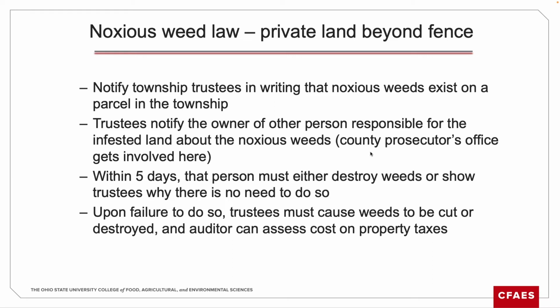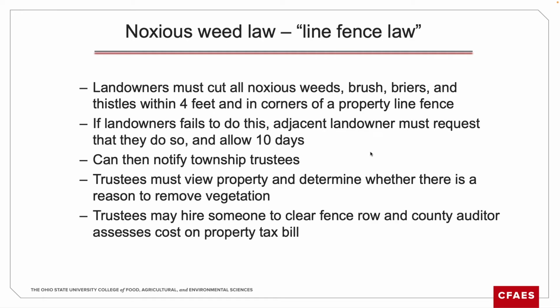Again, I've had cases where the county prosecutor's office, according to one person who tried to implement the law, basically never did what they were supposed to do to help the trustees, and so nothing happened. In another case, the person got the letter and decided not to do anything, and the trustees were unwilling to do what needed to be done there. One of the issues there is if the trustees decide to mow down a crop field, that's a big deal. So you can see why they would be reluctant to do some of that. If everything goes the way it's supposed to on a timely basis, everyone does what they're supposed to, the law works, but there are reasons why it doesn't.